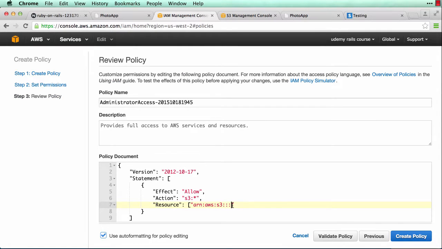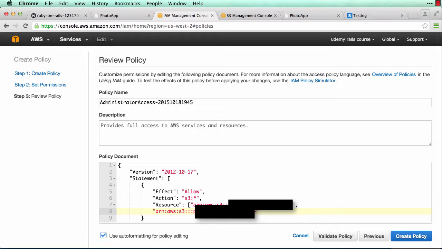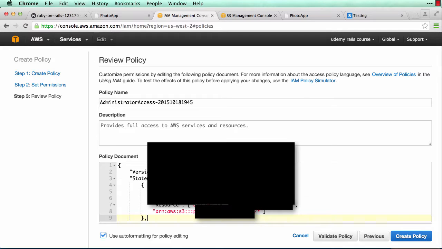So back here, it's going to be arn:aws:s3: and the bucket name, comma, next line, within quotes, arn:aws:s3: and then slash star, close quote, close the square bracket, then the close of the curly brace, that's fine,